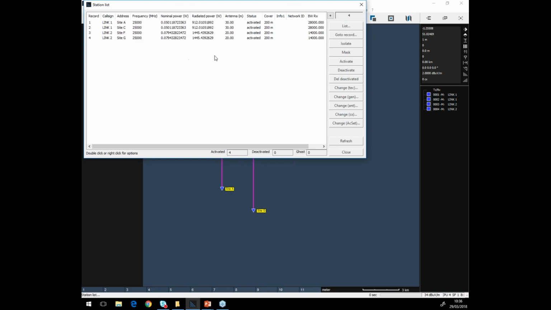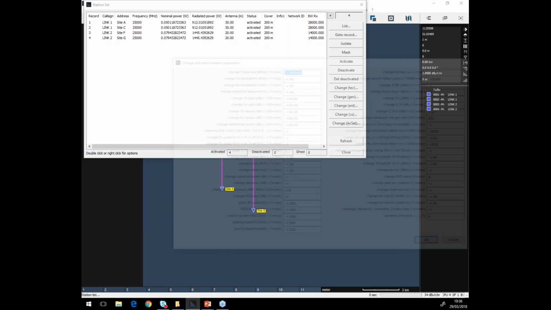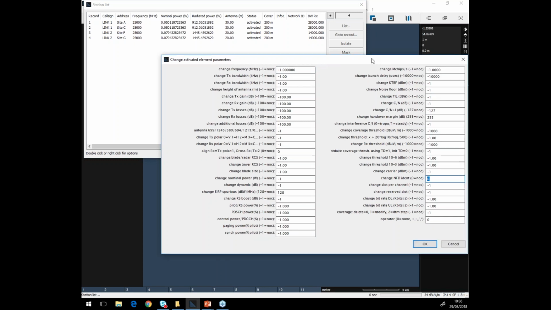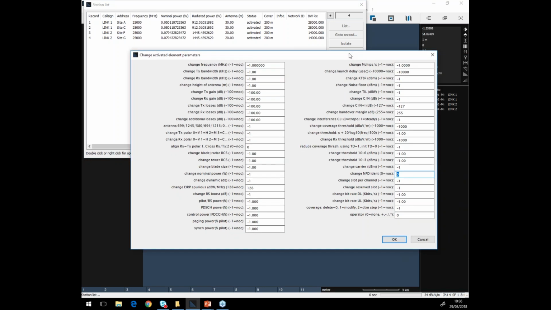So what we need to do is add the information to the stations. Under change technical, if you've got the NFD name, you can change all the NFDs at the same time. So this will change all NFDs or all stations that are activated at one time. If you put the NFD name in there, it will just put it across the whole lot. You need to be careful doing this. Obviously, if you've got